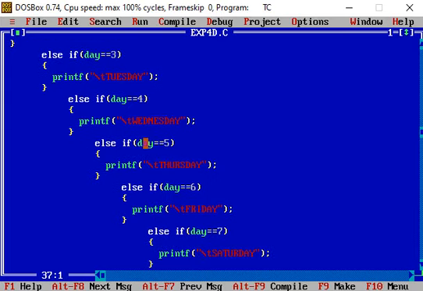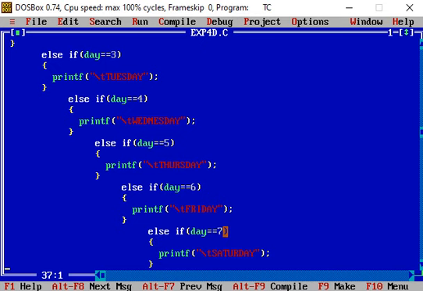If condition is false, then again move to the else if, then again test the condition, day equal to 6. If condition is true, display Friday. If condition is false, again goes to the else associated with the if.